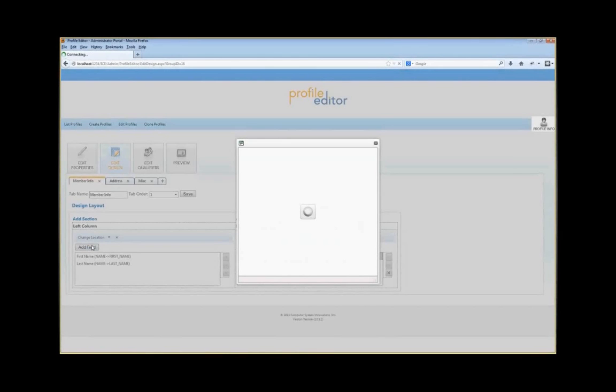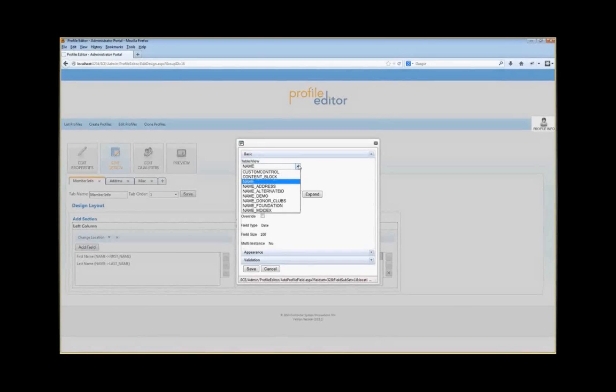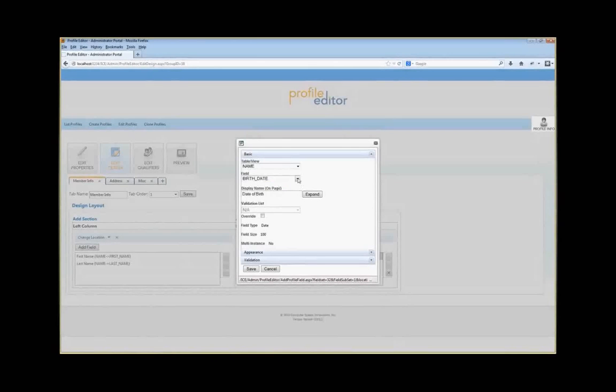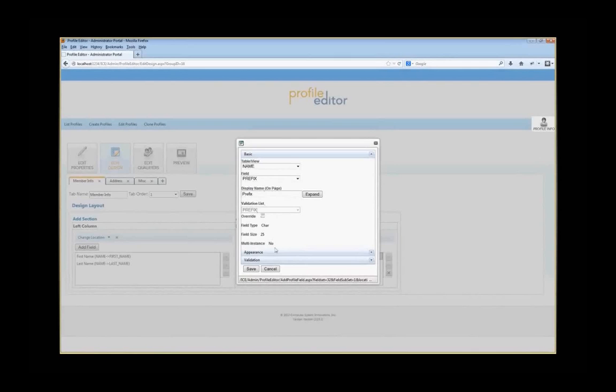There are additional fields that you can add. For example, under name, let's go with doing the prefix. Now the prefix is actually a general lookup table. It belongs to a validation list. In this case, the validation list is the prefix. So you'll see that the type is still char, and the only difference now is the validation list is